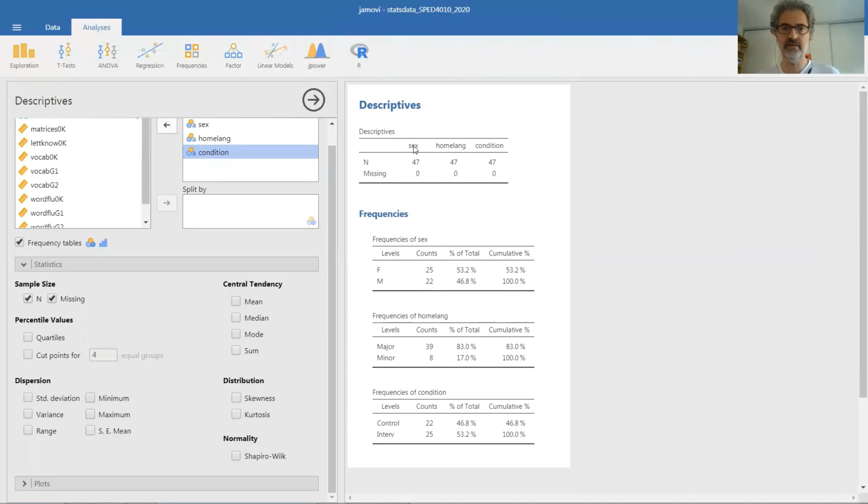You can see here that for our 3 nominal variables, we have no missing values. So there are 47 values of each. None of the other options apply for qualitative or categorical or nominal scale variables. So we don't check anything else. And that's it for our